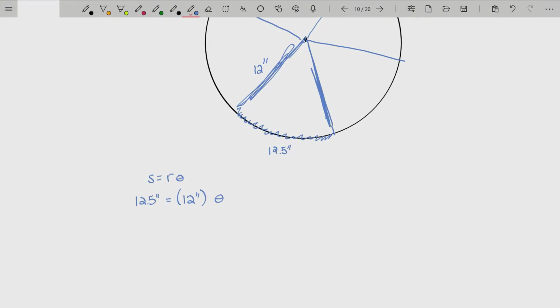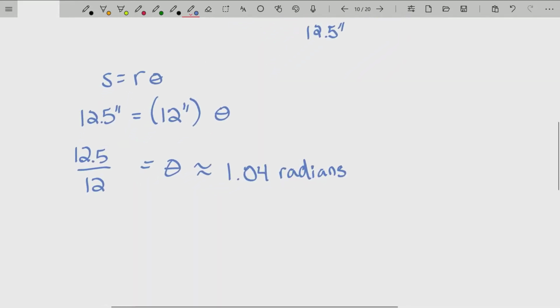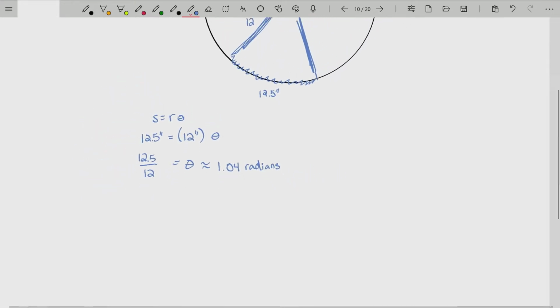If you divide both sides by 12 inches, the units actually cancel. So you just get 12.5 over 12 because the words inches cancel beautifully. And that's why radians is a unitless measure, because the units will cancel. And this, grabbing a calculator, is roughly 1.04 radians. Now I'm writing the word radians in because I want to tell you something about this. Or maybe I don't need to actually write the radians in, but I want to compare this because the fact